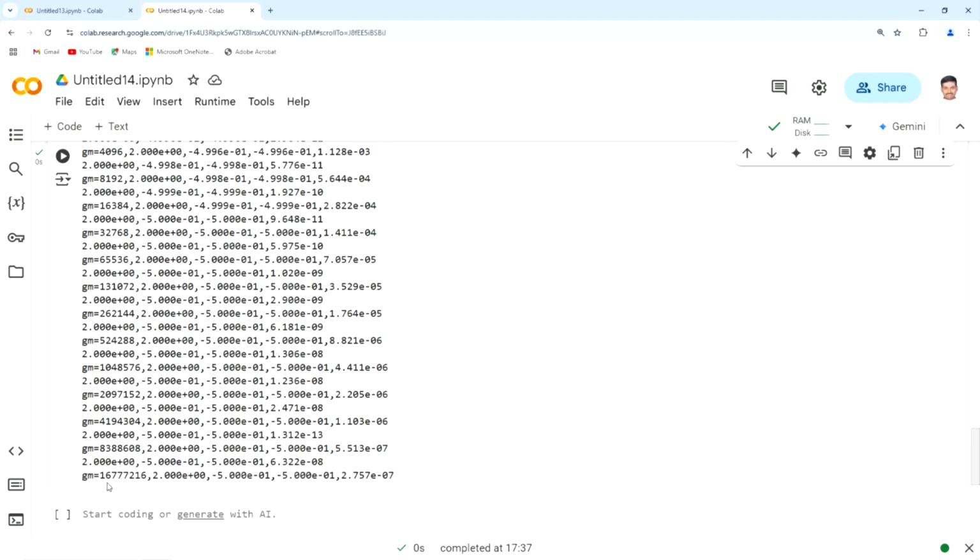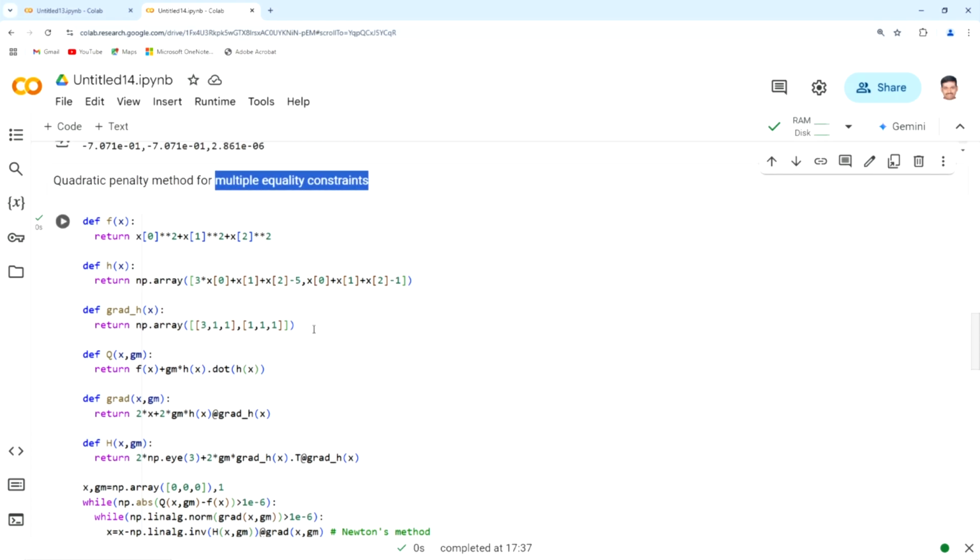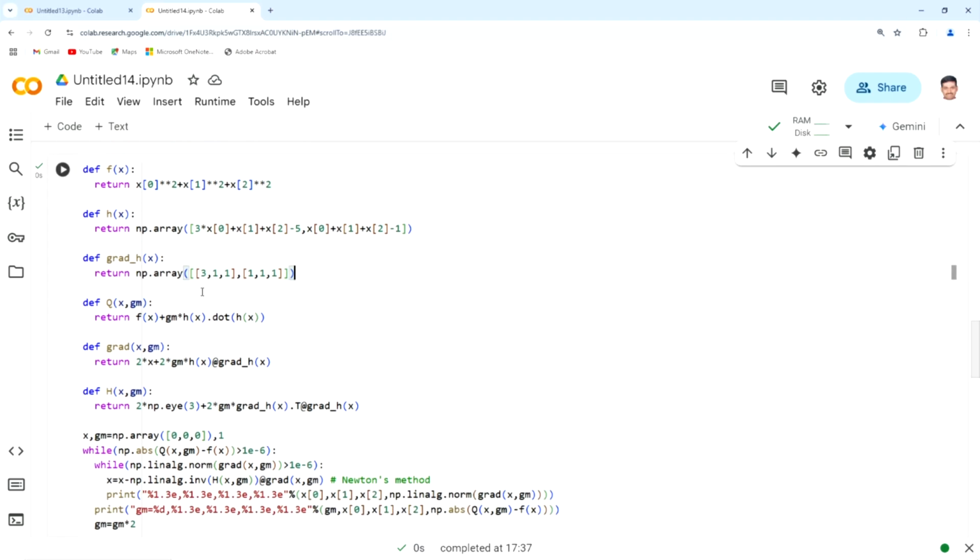when the gamma value is actually 2 power 24. Okay. So that is when gamma equal to gamma 25. So the number needs to be that large, right. So it is 1.6 into 10 power 7. Only for that high a value of gamma we get the right answer. Okay. But nevertheless, you can see two things to observe. One is that we are able to solve a problem that has multiple equality constraints, right. And the other one is,